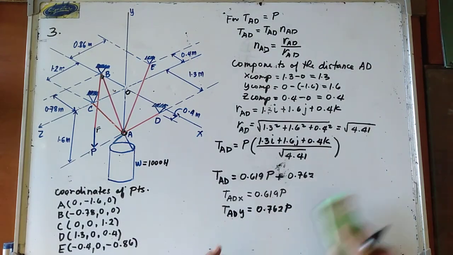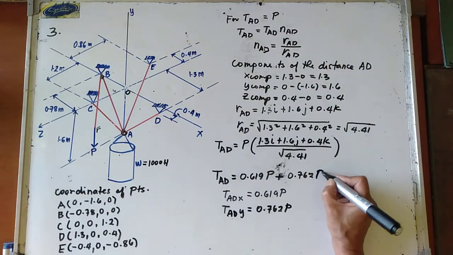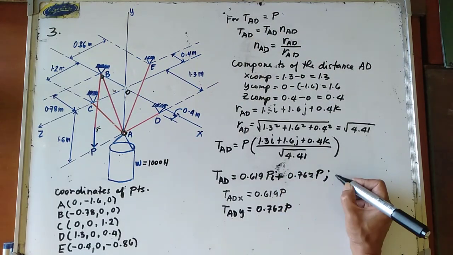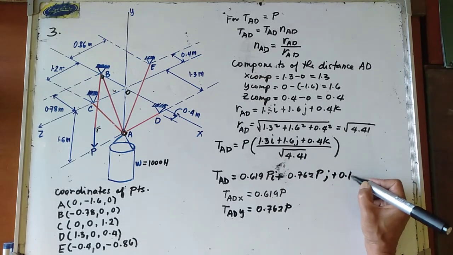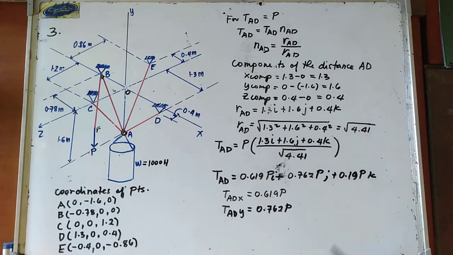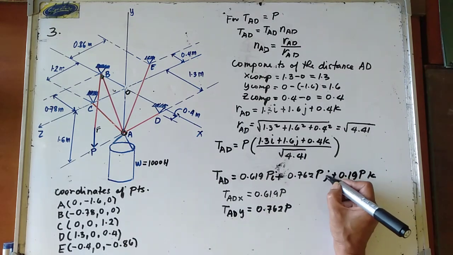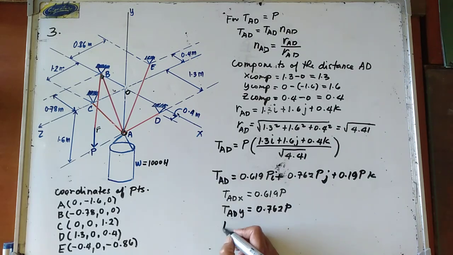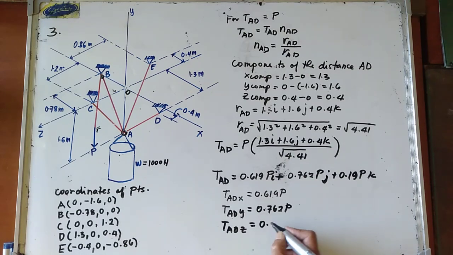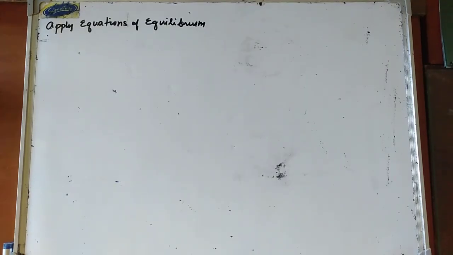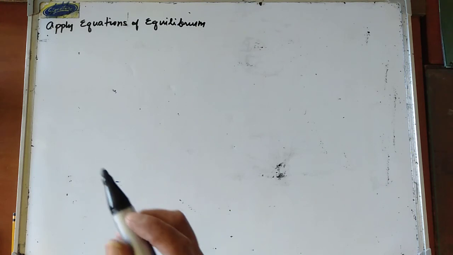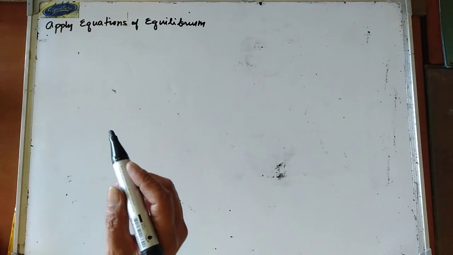Okay, so we have P in there, j, then plus 0.19P, that is k. And your TADZ is equal to 0.19P. Knowing now the tensions in the different cables, the components in the different cables, let us then apply the